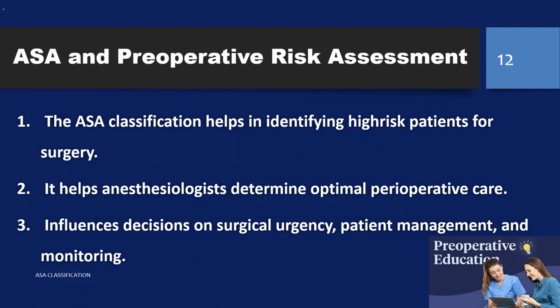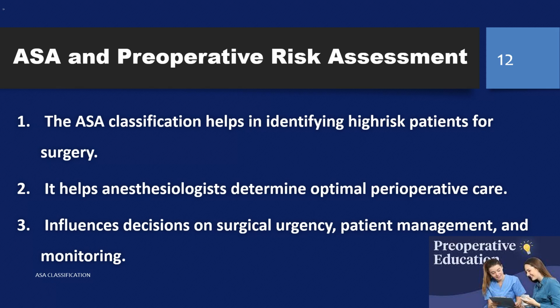Determining optimal perioperative care. Personalized care: the ASA classification helps anesthesiologists determine the optimal perioperative care plan for each patient. Tailored approach: it allows for a tailored approach to patient care, taking into account the patient's specific needs and